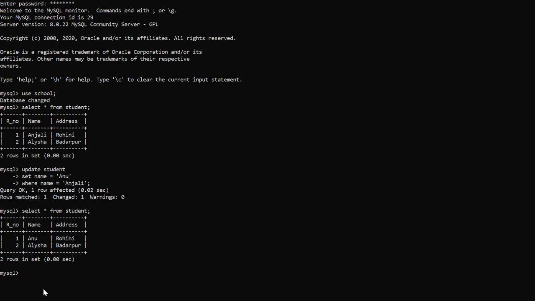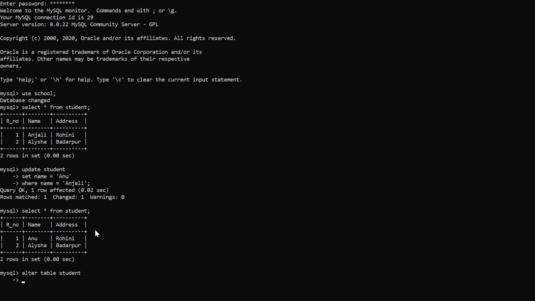Apart from this, if we want to add a column to this table, like I want to add a contact number column in this student table, what we need to do is the alter query. So alter table, the name of the table, student. What we need to alter?